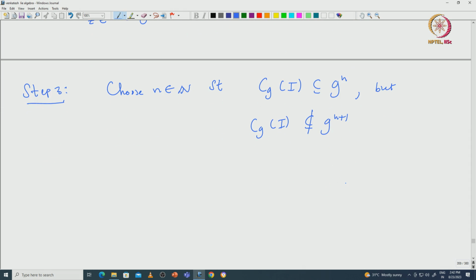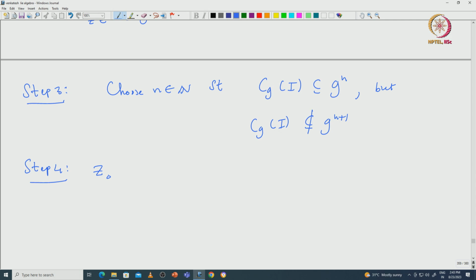Note that this G power n sequence, the lower central series, converges to 0, because G is nilpotent. So, that implies at some point C G of I will be contained in G power n, but not in G power n plus 1. So, such an n exists, there is no issue with that. So, then what do we want to do? Our step 4,